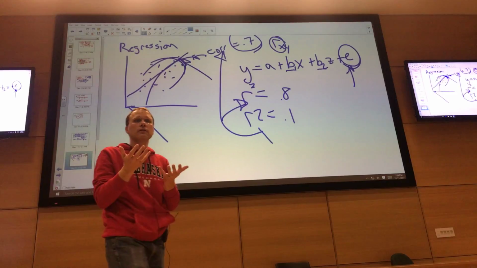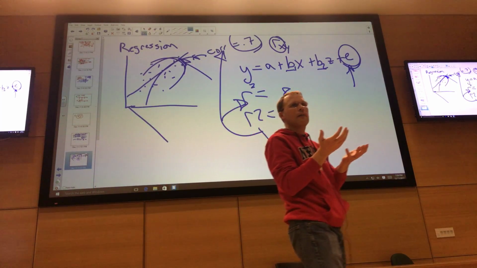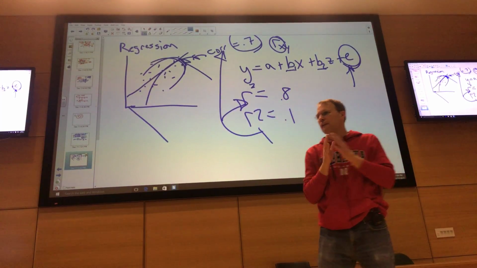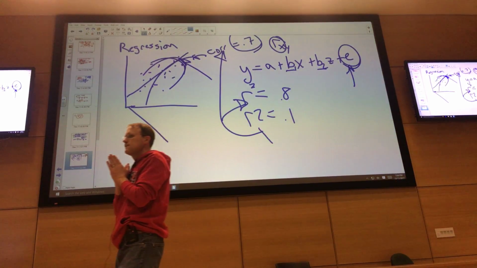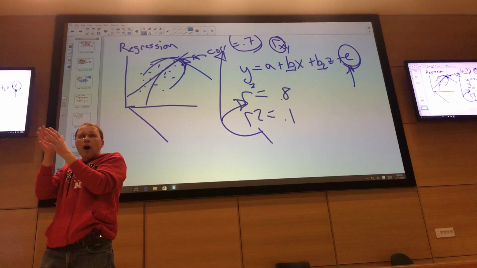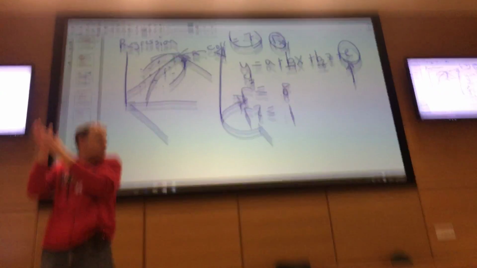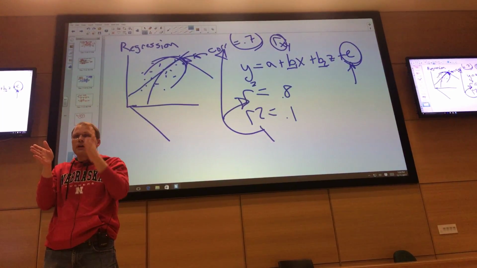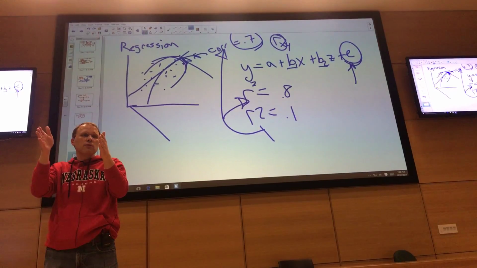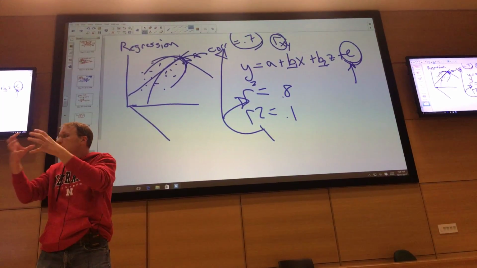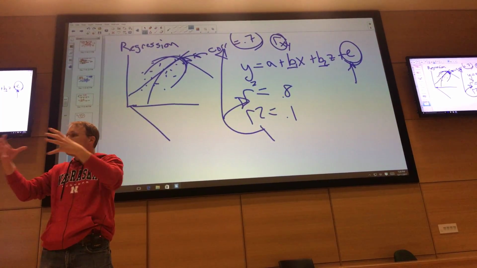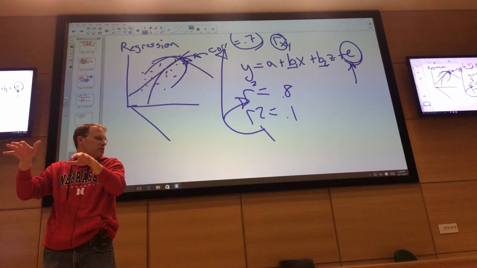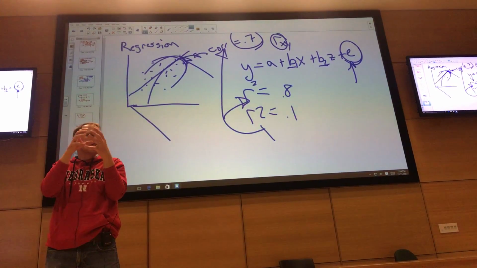We have to correct for something. What are we correcting for? Anyone want to hazard an attempt at this? You're correcting the difference between the sample mean versus the population mean. Yeah, so we want to base these distances from the population mean, but we don't know what it is. So we use the sample mean, and since the sample mean is different from the population mean, but it's this population mean that minimizes the distances for the true population standard deviation, then we know the sample mean is going